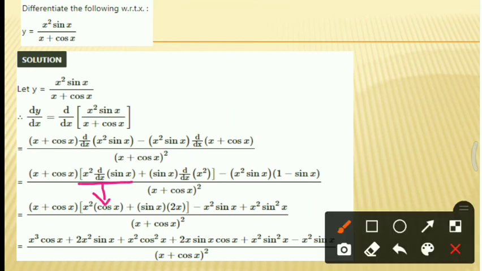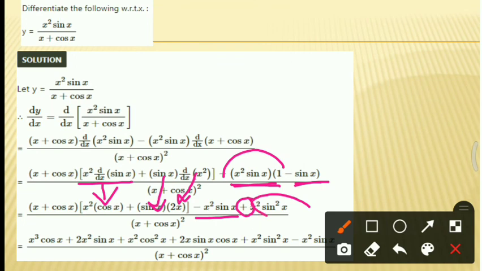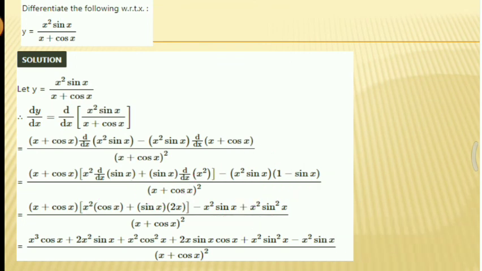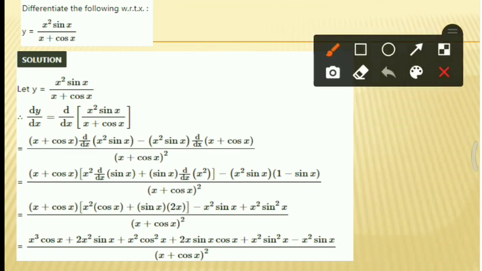Now here derivative of sin x is cos x, sin x as it is, derivative of x square is 2x, multiplying by x square sin x into 1, here minus x square into sin x, minus into minus is plus, and x square sin x into sin x is x square sin square x is equal to, after simplification, multiplying by